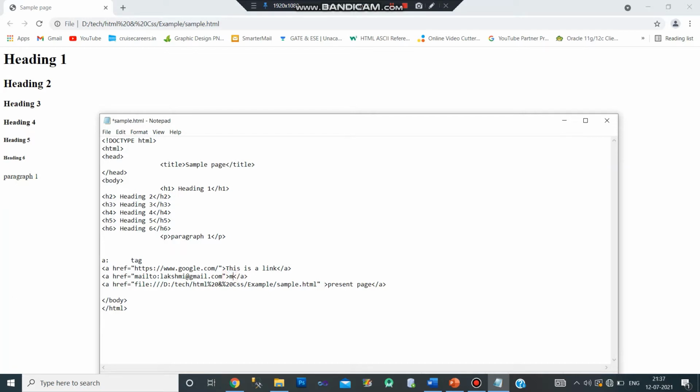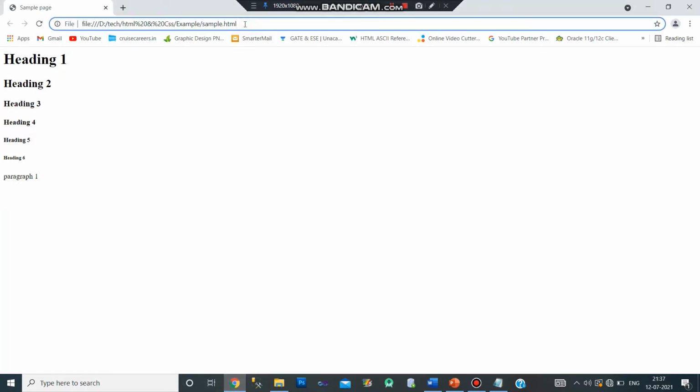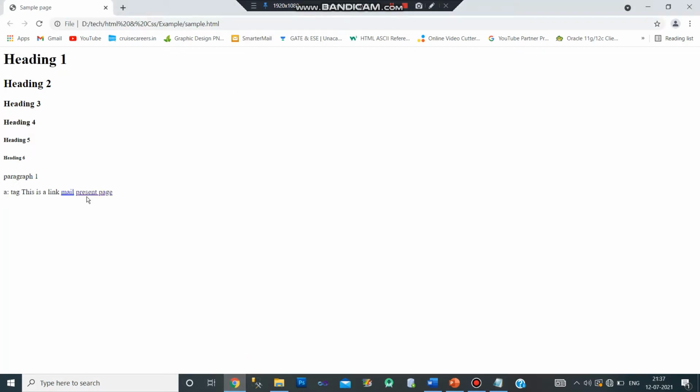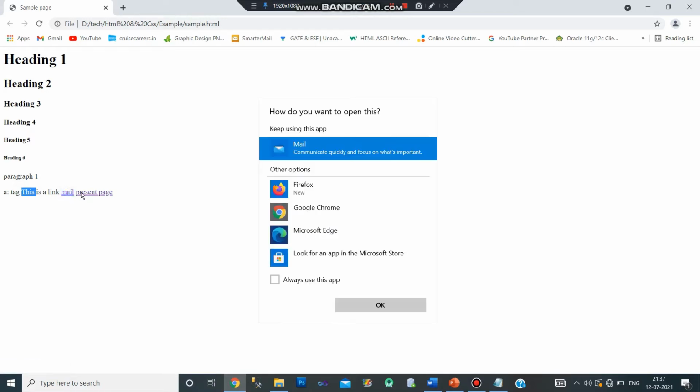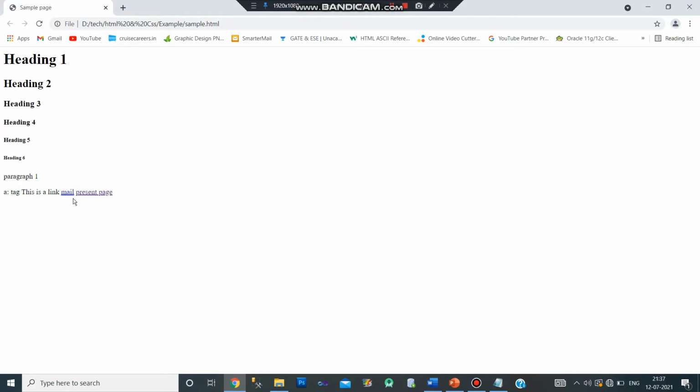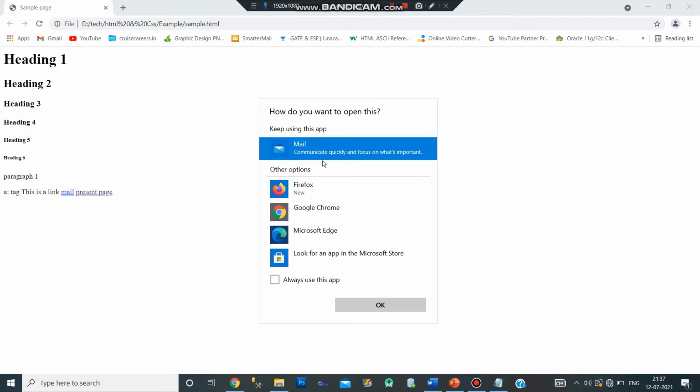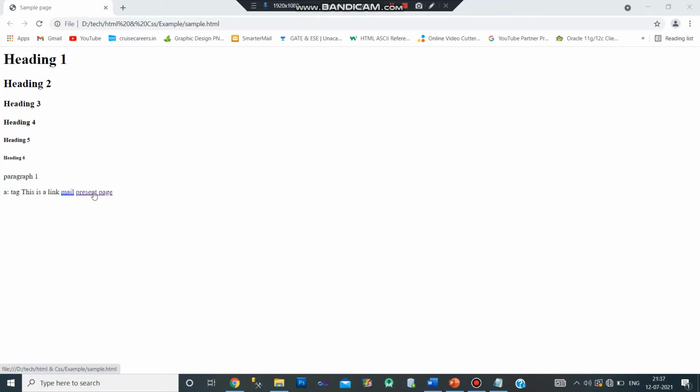This is the mail. Okay, now I run this application. Simply refresh this. This is our mail. This is the link. This is the mail. You can click on this. If you click on this, you can open your mail. Means here, mail, communicate quickly and focus on what's important. You can write your company email or anything using the mail tag, and present